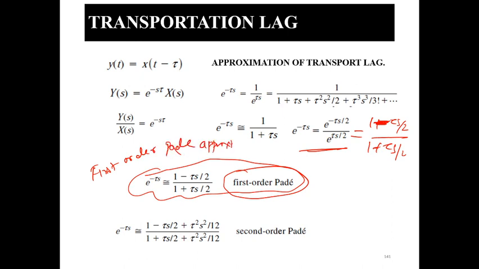I will ask a question based on this in the numerical portion. The input is like this one, so how will your output change? In a similar way, if you take the second term in the numerator and denominator, that is called the second order Pade. The first order Pade and the second order Pade.